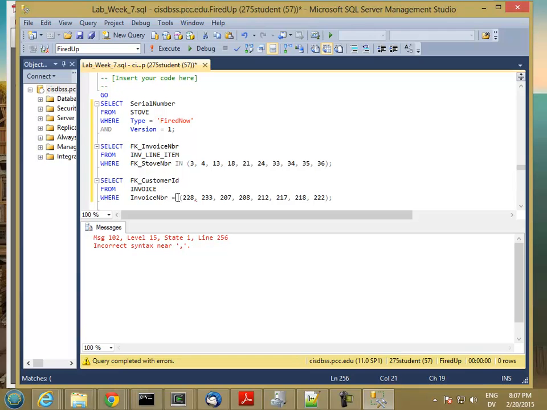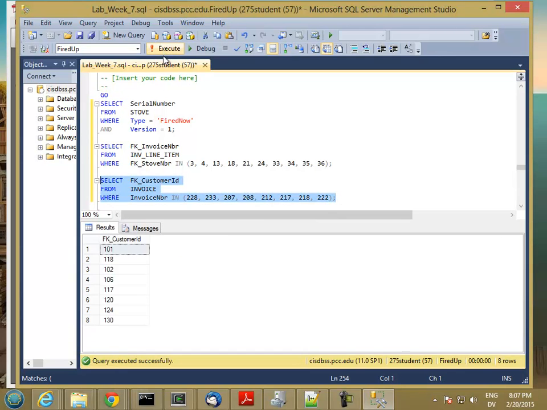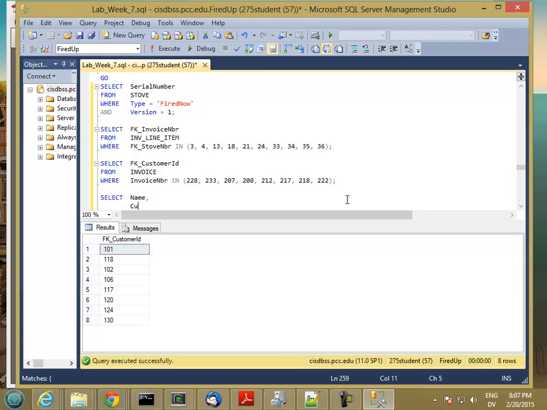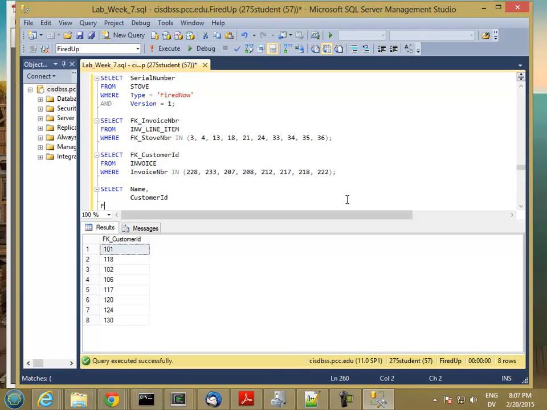And, oh, this should be N, sorry. So here are all the customer IDs that appeared in invoices that had invoice line items that contained Fire Now version 1 stoves. And here are the names and customer IDs from the customer table